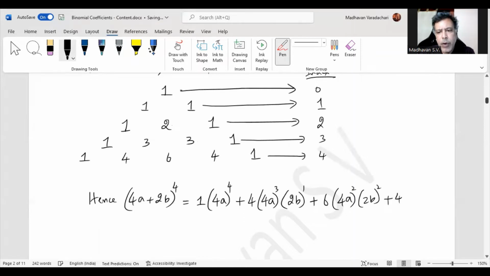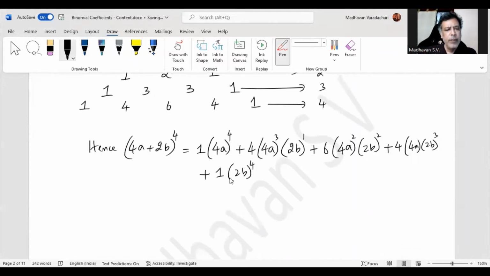And then plus 4 times, because next coefficient is 4, 4 times (4a) to the power of 1, we can ignore 1, and then (2b) to the power of 3. And the last term has a coefficient of 1, and we don't have 4a, because it will be (4a) to the power of 0, which we can ignore, and we will write only (2b) to the power of 4. So therefore, your (4a plus 2b) to the power of 4 will be 4 to the power of 4. 4 to the power of 4 is 256